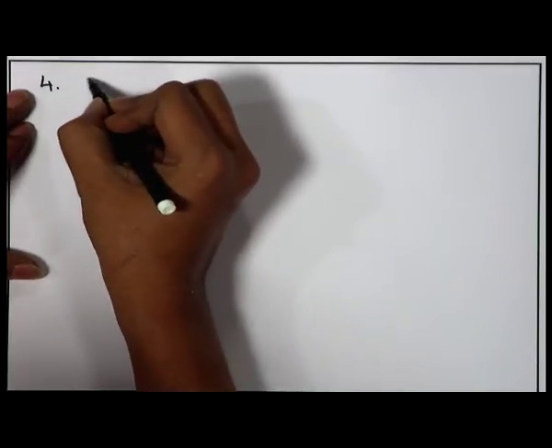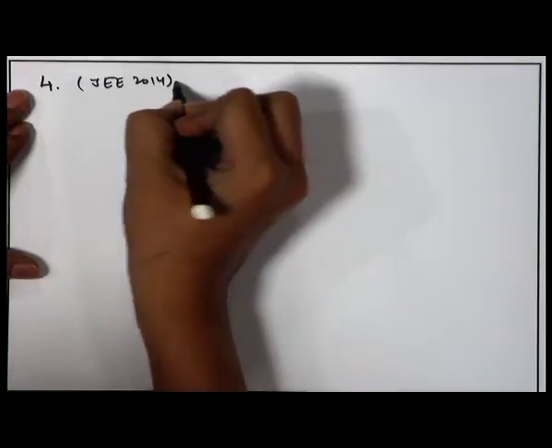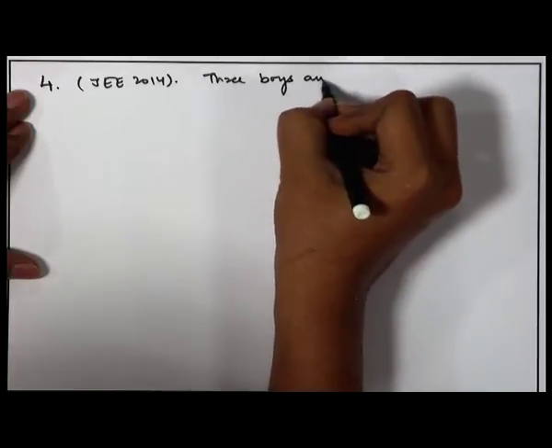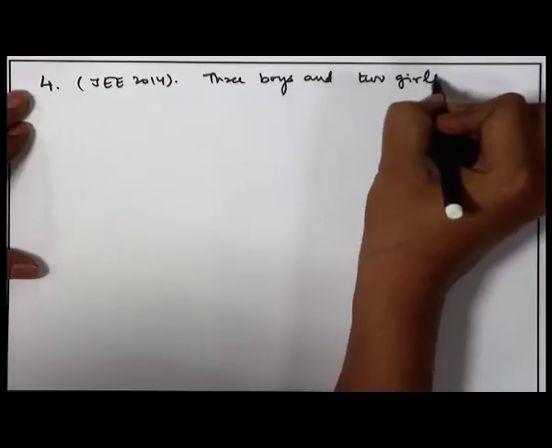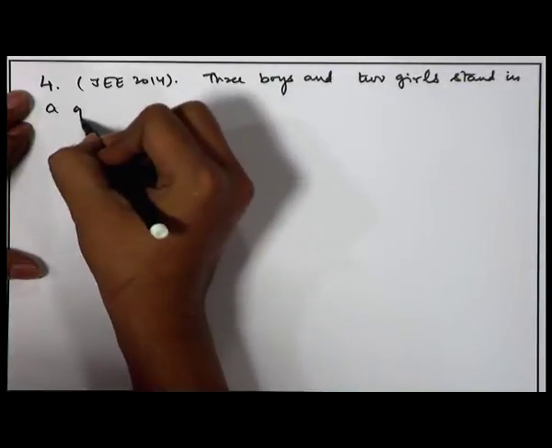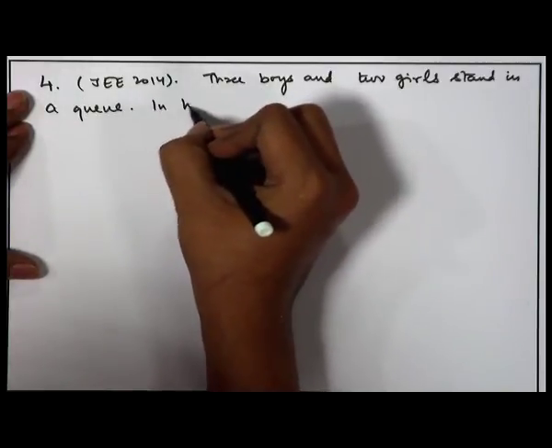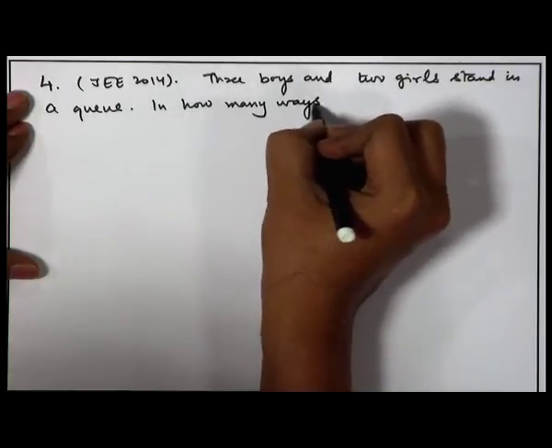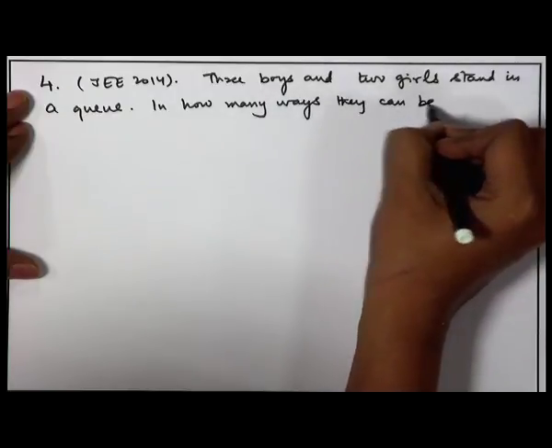This is again from one of the JEE question papers. 3 boys and 2 girls stand in a queue. In how many ways can they be arranged